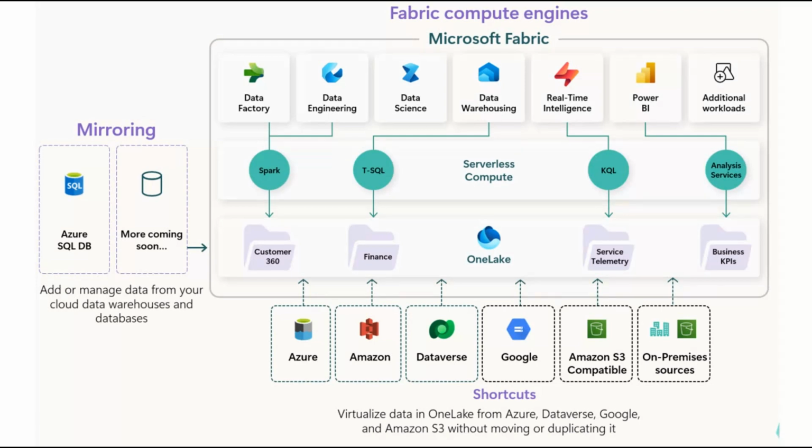Workspaces also let you manage computing resources and even integrate with version control. For instance, you can adjust settings for how much computing capacity to allocate for certain tasks in that workspace to optimize performance and cost. And if you use Git, like GitHub or Azure DevOps, for version control, Fabric allows you to link a workspace to a Git repository. This is great for tracking changes to code such as notebooks or pipelines, collaborating on development, and maintaining a history